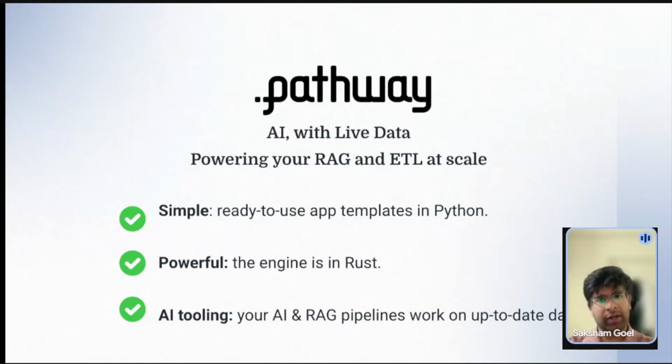I'll not explain in detail, but you know about ETL and RAG. You can probably ask GPT what it is. ETL simply means data enters from one particular system to another. So between two data systems, there is, let's say, a source, like maybe you are asking questions from your Google Drive connectors, or you have your data saved in your local file data directory, or maybe even a source like Salesforce,